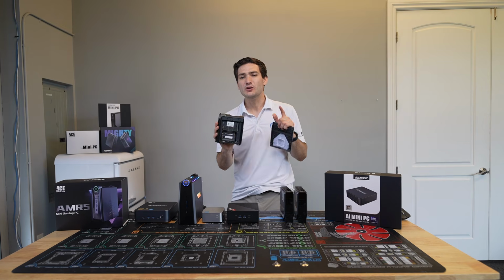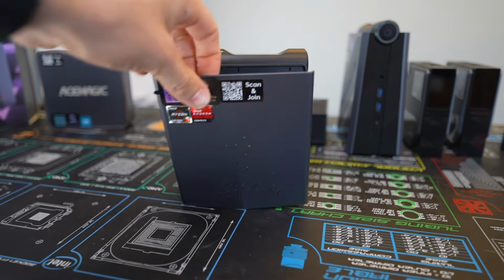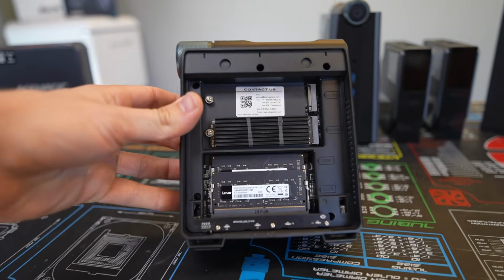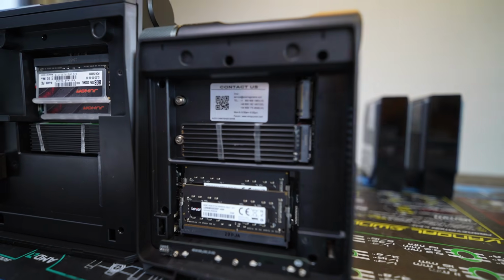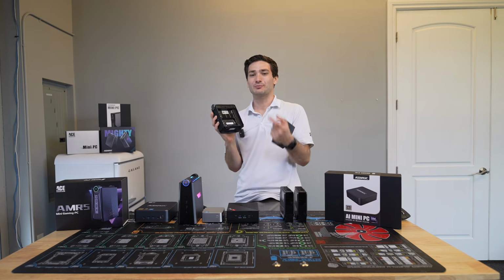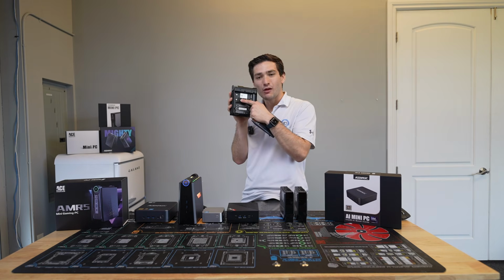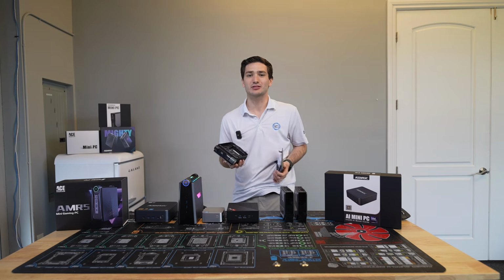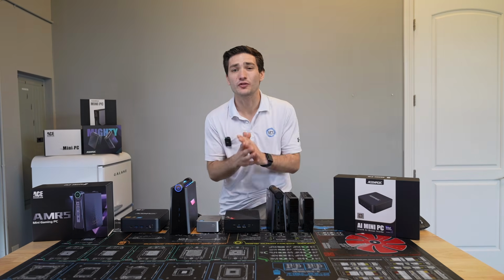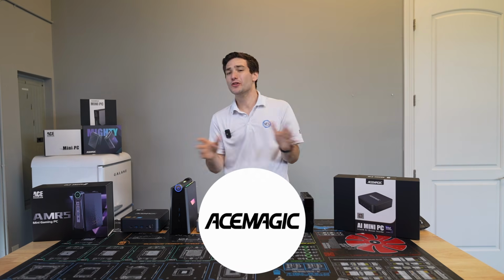And oh yeah, have you ever heard of a company using rubber bands to actually hold a heatsink in place? Well, I found that a couple of these models actually had heat sinks on their SSDs being attached not with any kind of proper mounting, but rather a rubber band sitting around them. I've never seen this, and it just kind of sounds absolutely ridiculous. This honestly just sent me over the edge with the brand, and I brought all this up to the PR